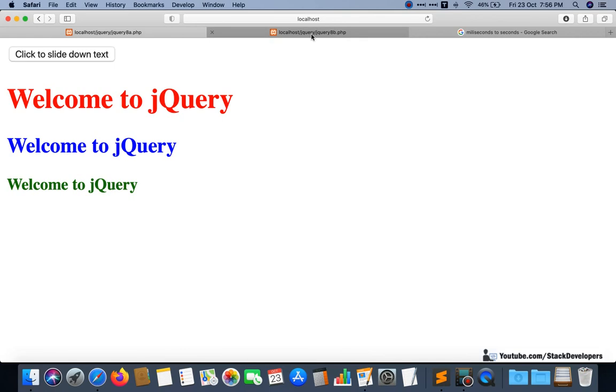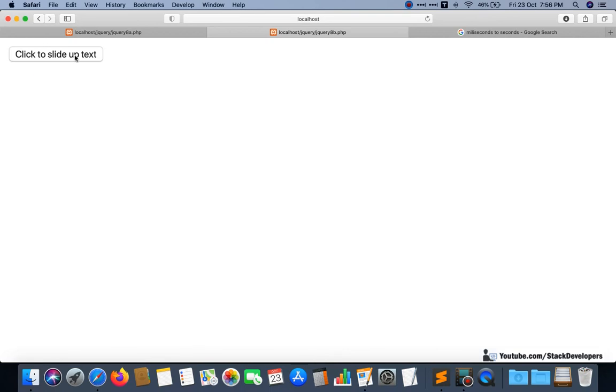Okay, now you can see this slide up effect. In slide up effect, HTML elements are already there in the page and they will go away if we click on slide up test with this slide up effect. You can see they are going away from the page with the slide up effect.